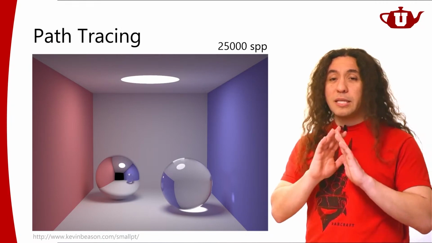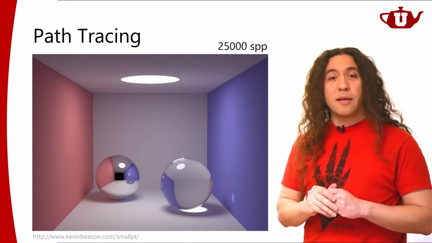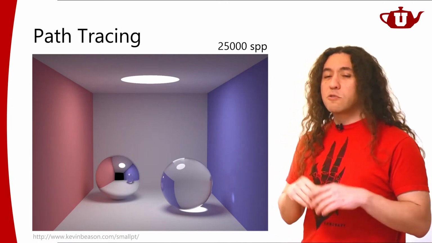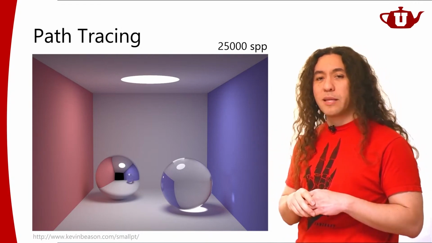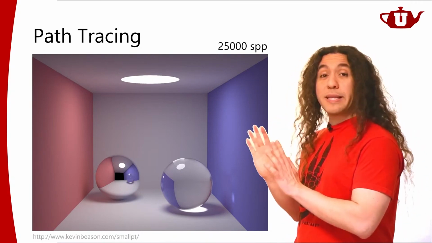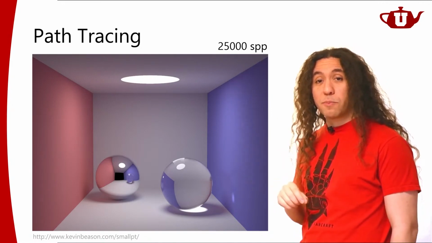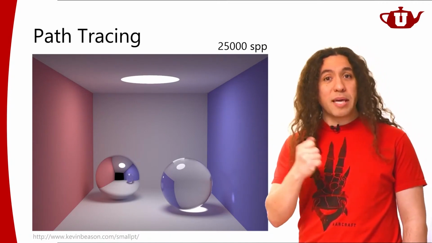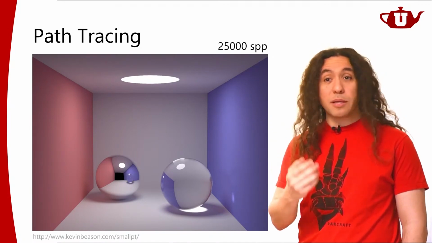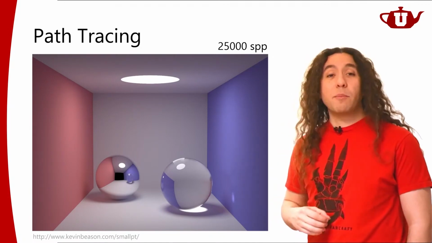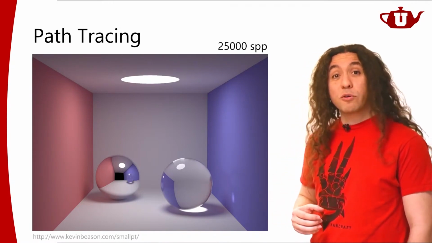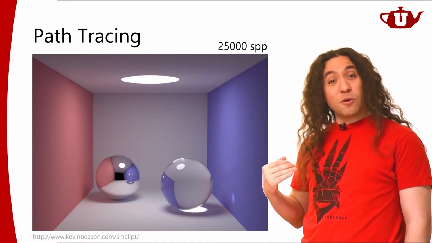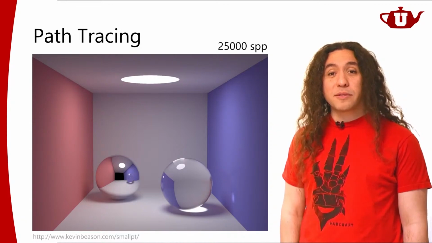I'm really not going to get into the concept of importance sampling in this lecture, but it's a very, very important topic in the context of path tracing, because if you're just randomly, blindly picking paths with equal probability, things are going to look really, really noisy until you have a very, very large number of samples per pixel. So you can get much less noisy images by picking your samples more carefully using importance sampling. You can combine different importance sampling techniques. That's called multiple importance sampling. And that gives you even better quality, less noise with fewer samples.